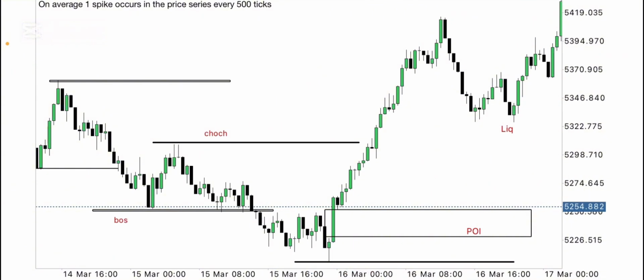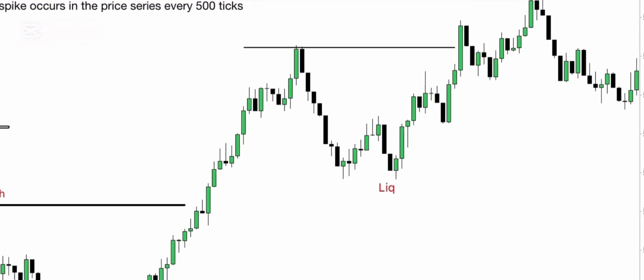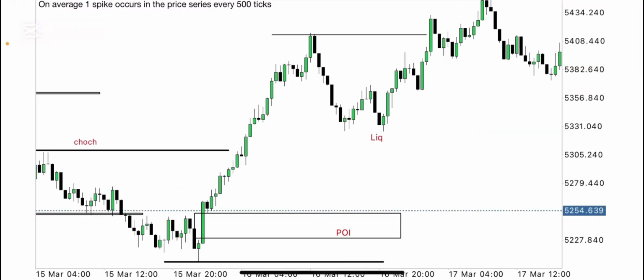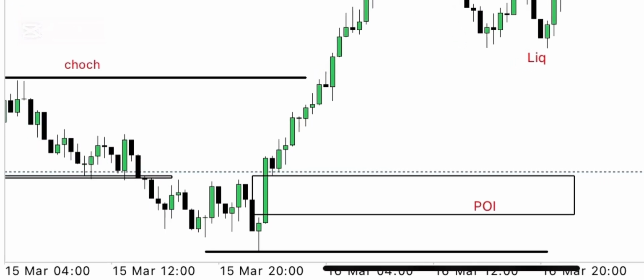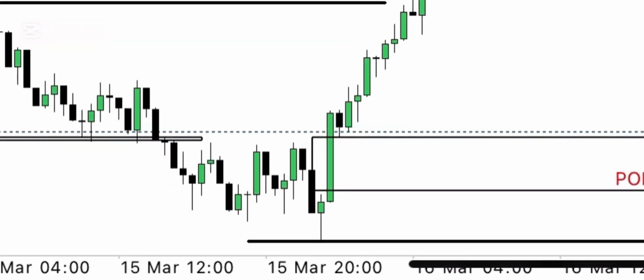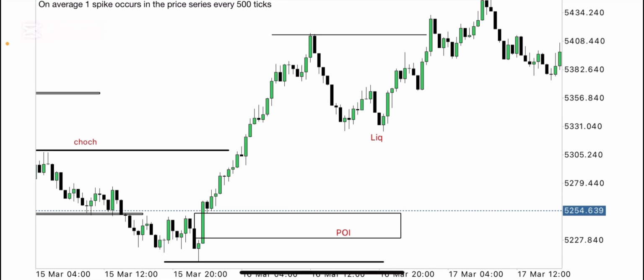We knew that market is going back to fill this fair value gap. So what next? You can see what market did here. Market broke another structure, but most people will think that market is creating another new high. So this fair value gap is no more valid. No, it's a trap, guys. It's a trap. This low right here,